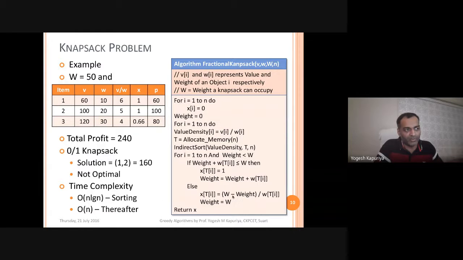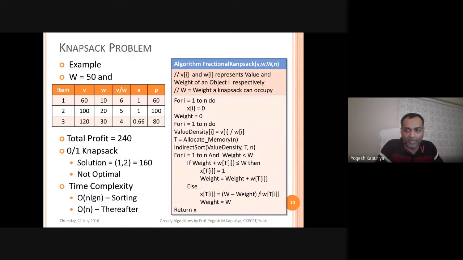So obviously you need to find out the remaining capacity. Let's say the capacity of the knapsack is 500 minus the remaining 50. That means the current weight was 450. So 500 minus 450 will give you 50. Divide by the weight of that object, let's say 60.